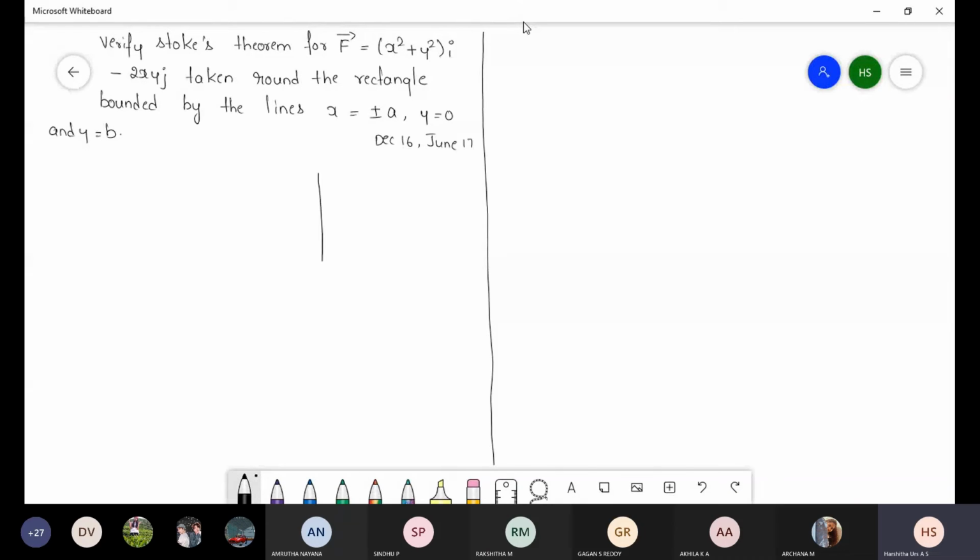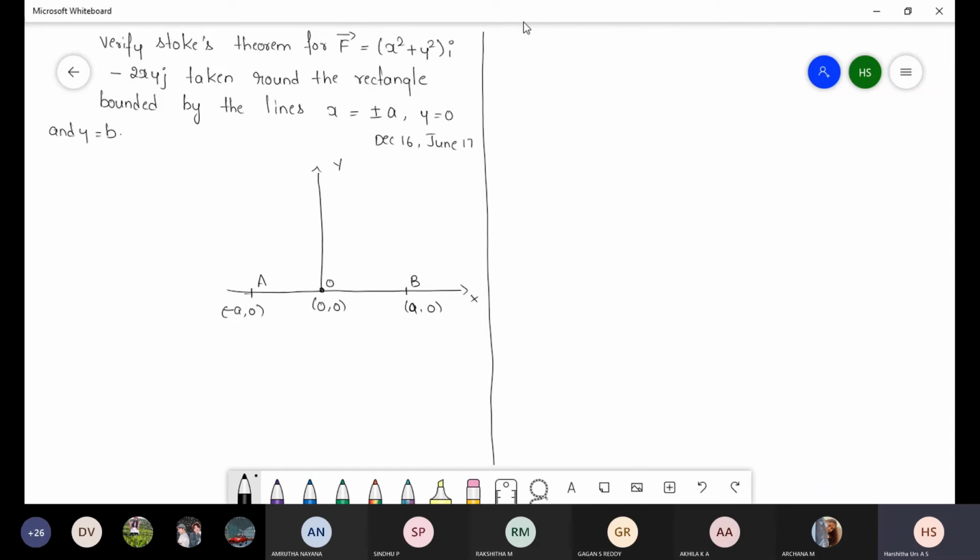Yes, let us see the graph first. This is x-axis and this is y. This I call it as O, 0, 0. First one, x is equal to 0. So x is equal to a, y is equal to 0. So I just write a comma 0. Next, x is equal to minus a comma 0. This I call this as A and this is our B.